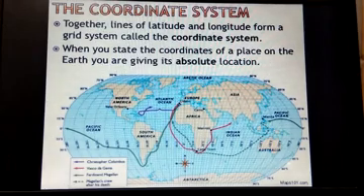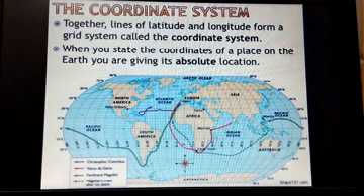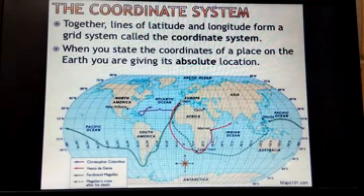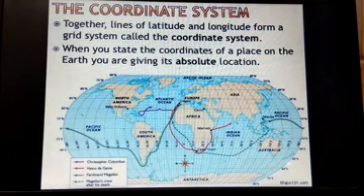Here you see, this is India. So what is the exact latitude here, what is the longitude over here? So you have to identify. Similarly, we have this place, any place you can say. Because of coordinate direction, because of different latitude and longitude, you can find the accurate direction and the absolute location of that place.